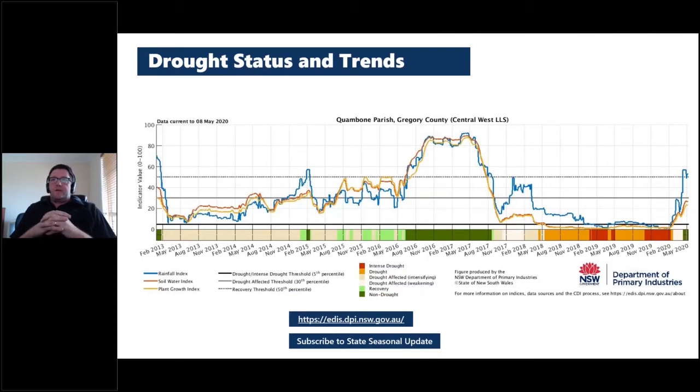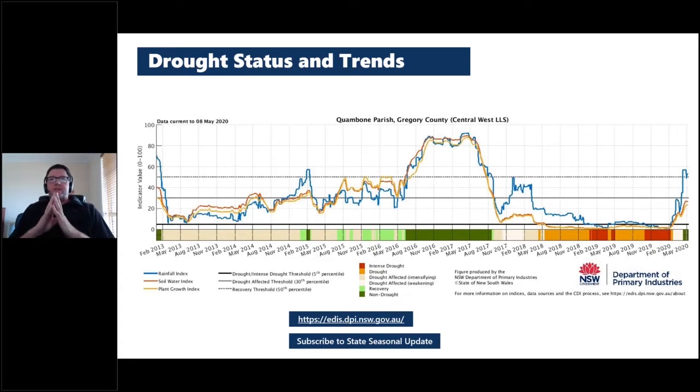First of all, just a real overview of recent seasonal conditions. What we've got on screen here are some drought indicators. In DPI, we use drought indicators as just a touch point. They're a general guide to the type of climate variability and its impacts in your region, a first touch. We tend to look at 3 drought indicators. The blue line there is rainfall. It's a rainfall index, and what that's showing is for any point in time, rainfall aggregated over a 12-month period.